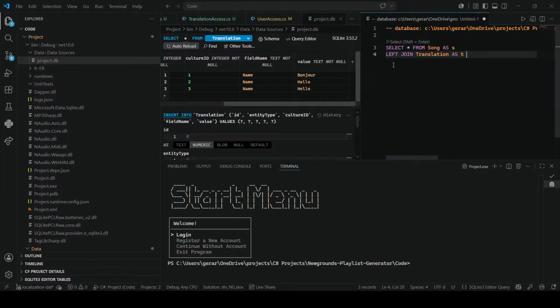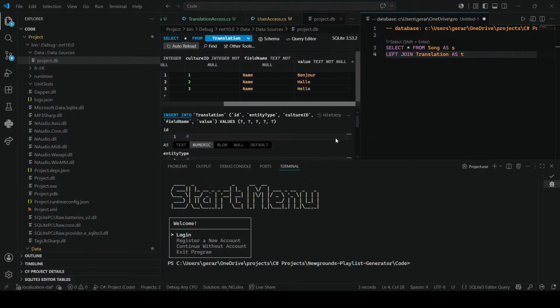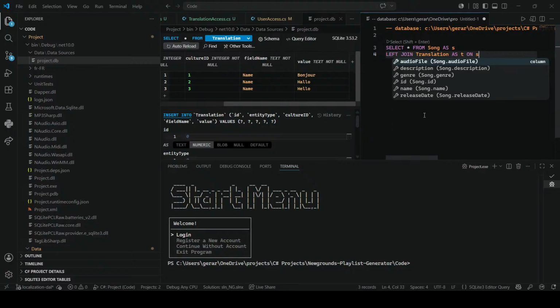As t. What do we do in that scenario? Say the first one was attached to it, say it was attached by culture ID, right? So on, I guess on t dot